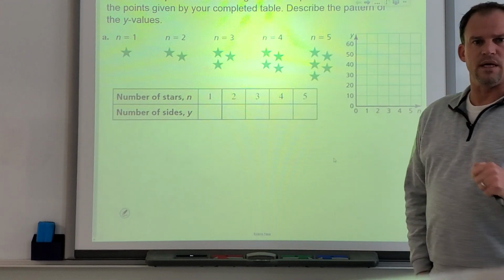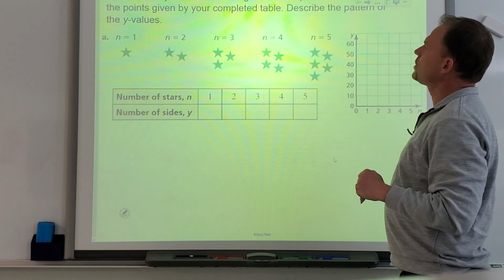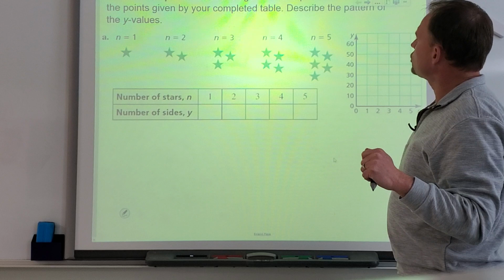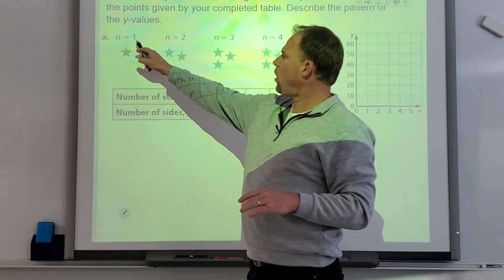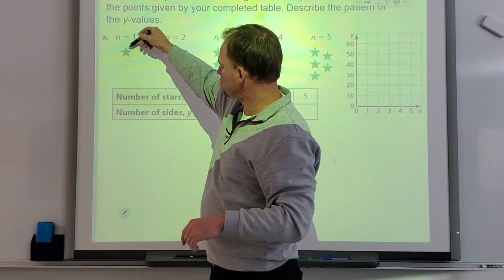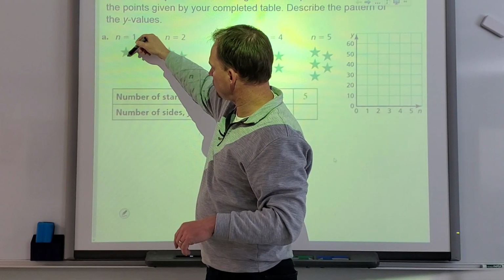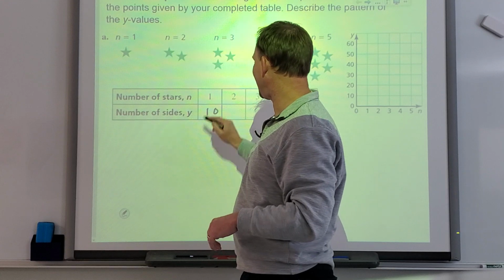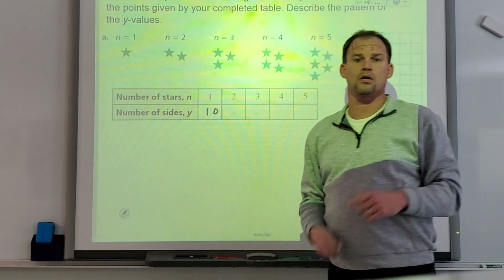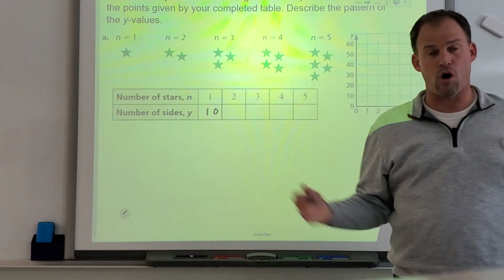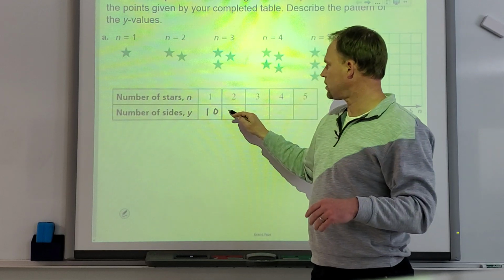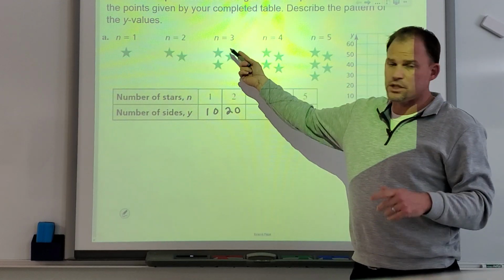First, I want to do this little thing with you. It says work with a partner, so obviously it's just going to be us. Describe the table. So one star, how many sides are there? If we count them, there's 1, 2, 3, 4, 5, 6, 7, 8, 9, 10. So there are 10 sides on that. If I have 2 stars, how many sides do we have all together? Well, of course, if there's 10 here and 10 here, then there's 20. 3 stars would have,